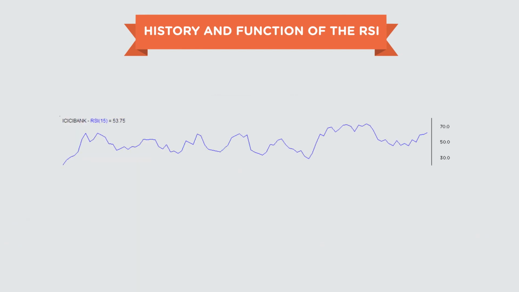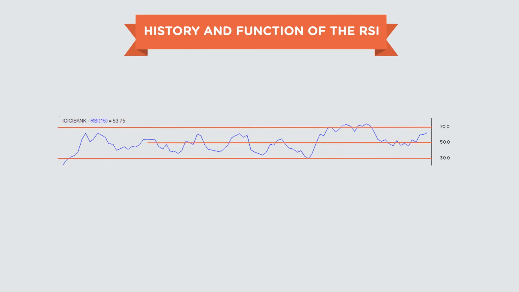On a vertical scale from 0 to 100, Wilder made lines at 70 and 30. These were borderlines. So as soon as we would touch, say, 30, the market was likely to bounce up. And when we would touch 70, it tends to fall. These areas of 70 and 30 on the RSI tend to act as floors and ceilings for price.